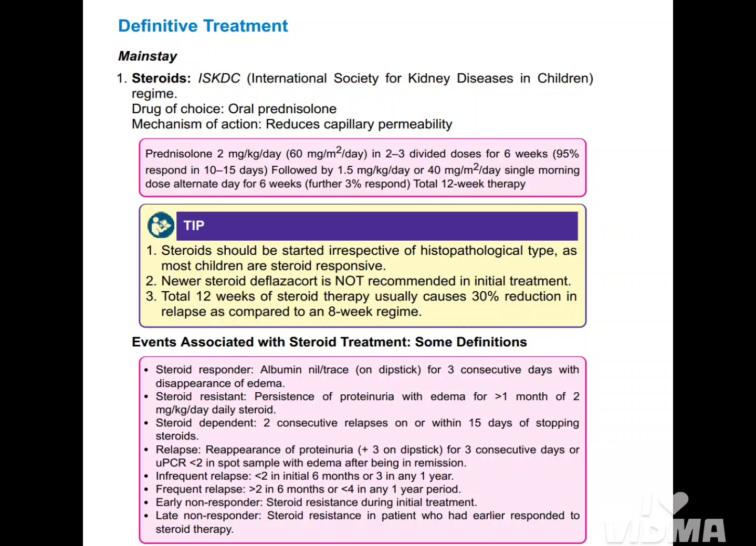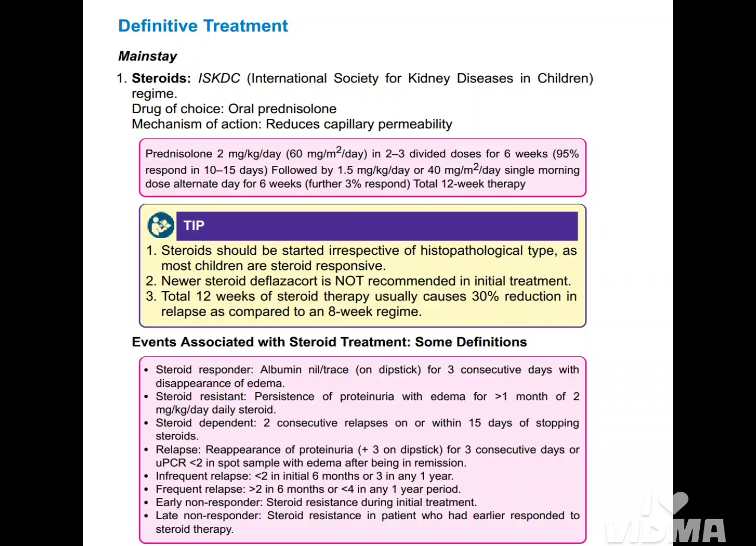Steroids should be started irrespective of the histopathological type, as most children are steroid responsive. The newer steroid deflazacort is not recommended in the initial treatment. A total of 12 weeks of steroid therapy usually causes a 30% reduction in relapse as compared to the 8-week regime. Steroid responder case: albumin nil or trace on dipstick for 3 consecutive days with a disappearance of